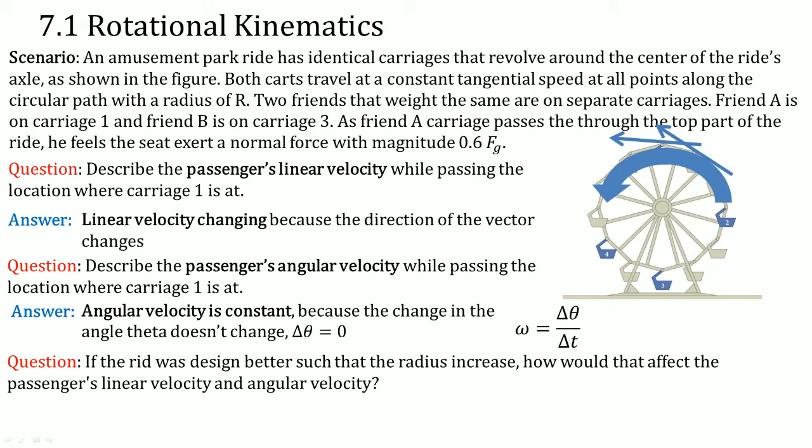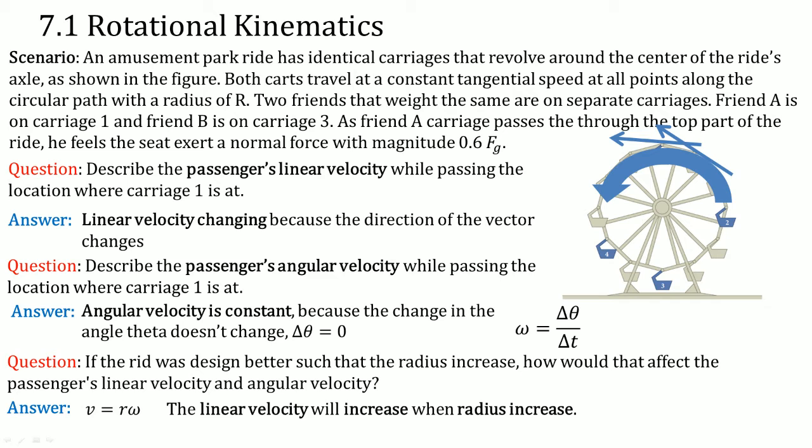If the ride was designed better, such that the radius increased, how would that affect the passenger's linear velocity and angular velocity? In short, it's asking how does radius affect the linear velocity and how does radius affect the angular velocity? Here's the answer. Well, v is equal to r omega, which is velocity is equal to the radius times